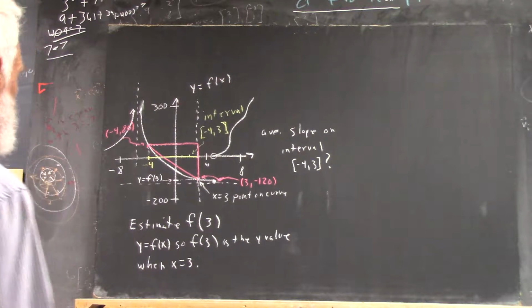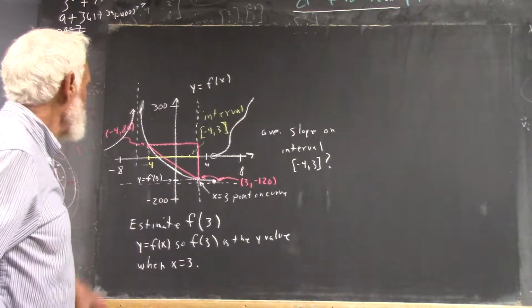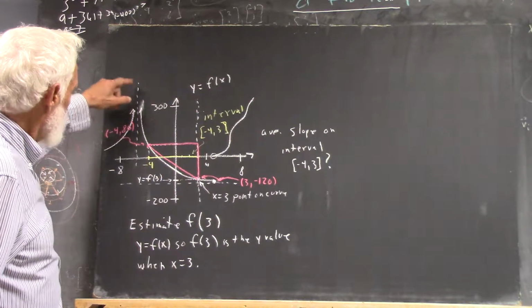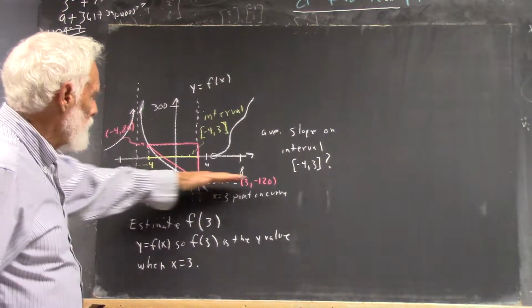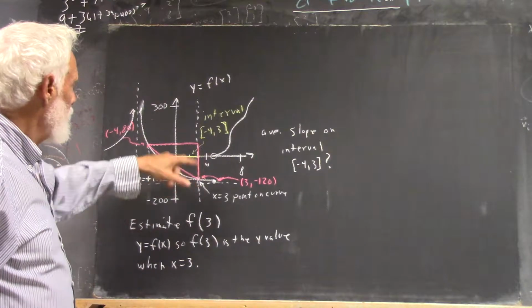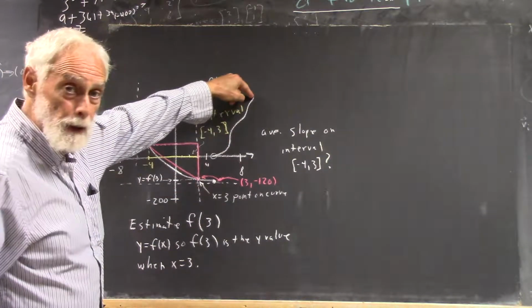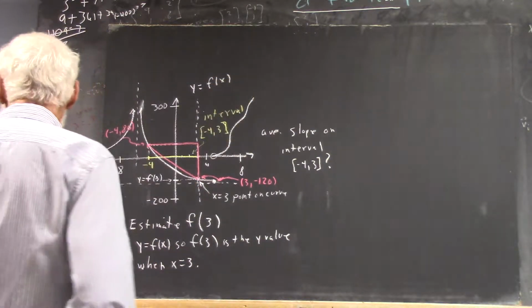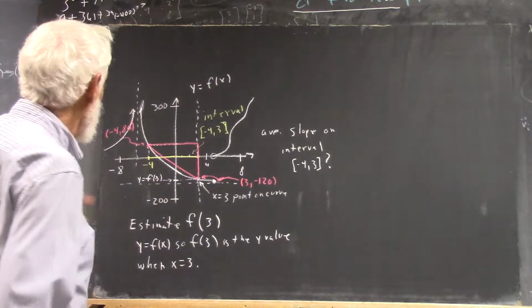Okay, unfortunately we didn't get the picture, but we've got a graph. We've got a couple of asymptotes here. We've got a horizontal asymptote down here, and then we've got this wiggly thing up here. And this is the graph of our function. Okay, so